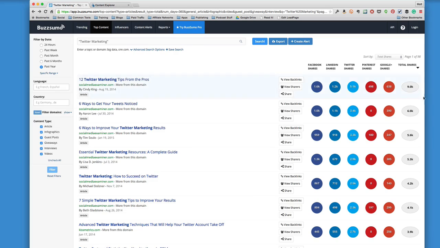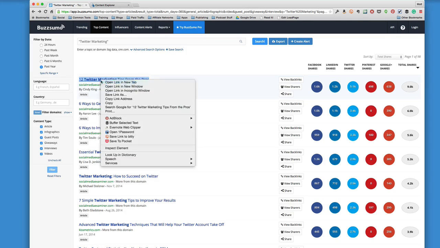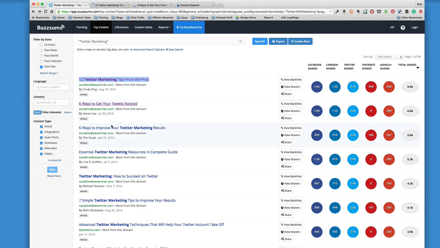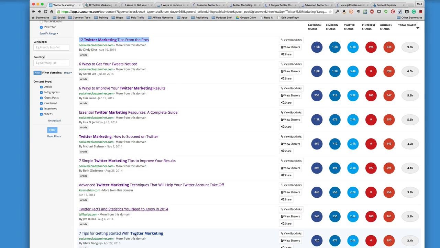That's popular right now, and that would be good ideas for content. So what I would do now is I would open all of these in a new tab. Open this in a new tab, open this in a new tab, open all of these posts into a new tab, all 10 of them, and one more. Okay, so now you can see in my Google Chrome, I've added all 10 of these posts